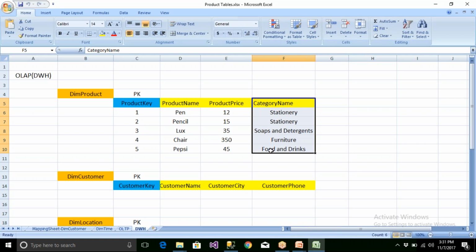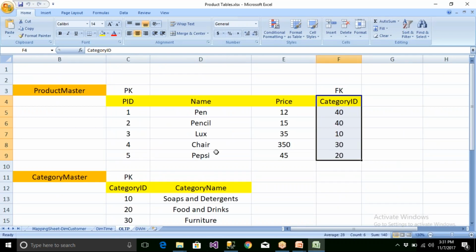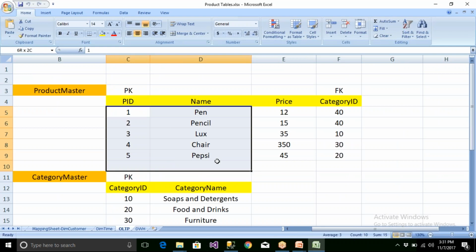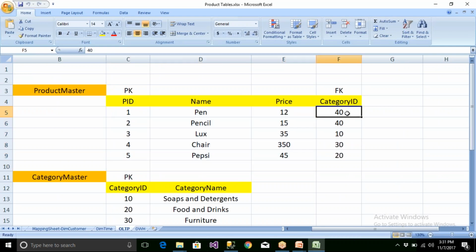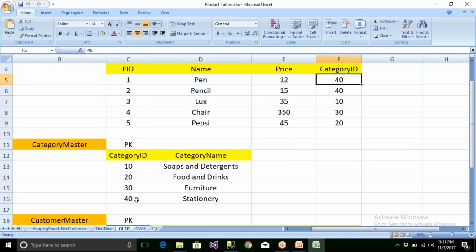So how are things going to be here? While dumping the data, you have to dump the data as it is, but only thing is that whenever you get 40, you have to look up with 40 and get stationery. So you have to perform a lookup operation whenever you dump the data into the data warehouse.